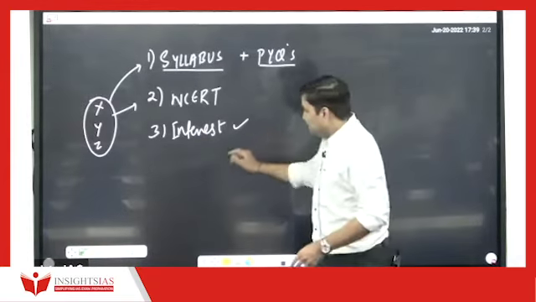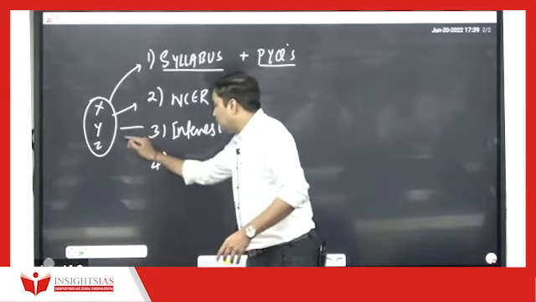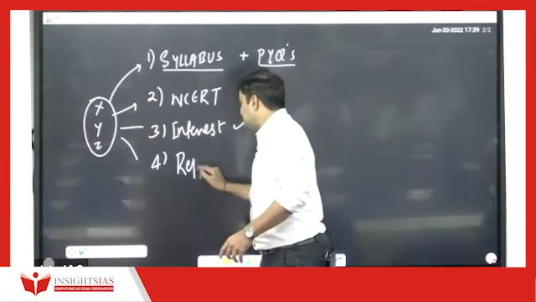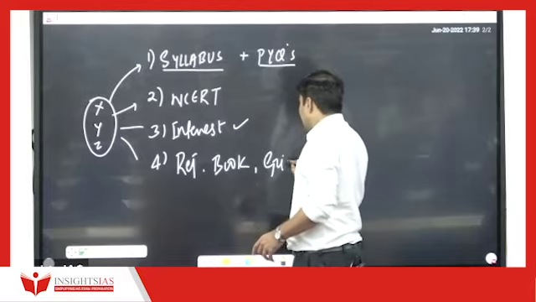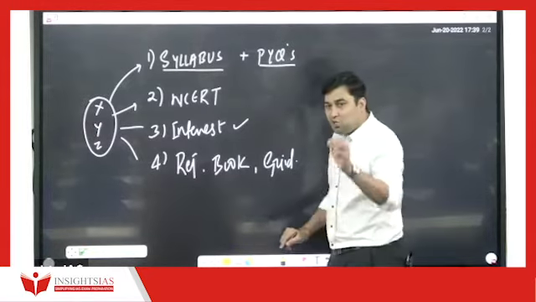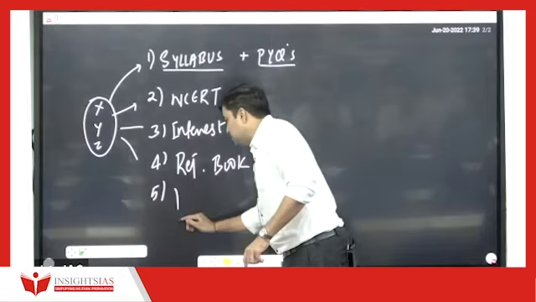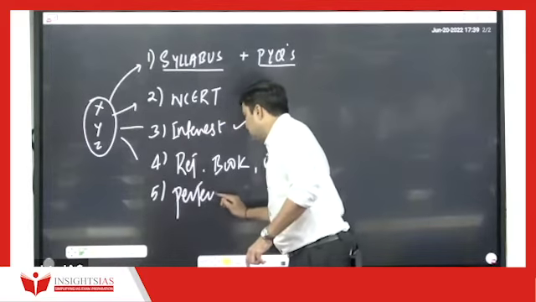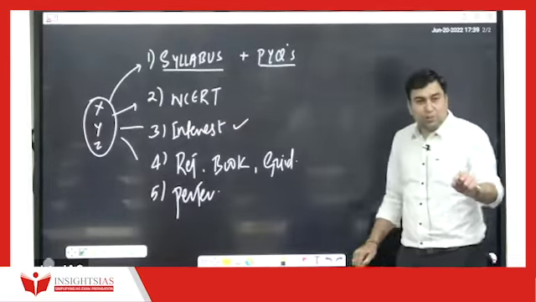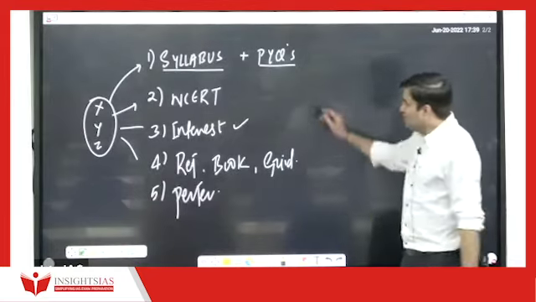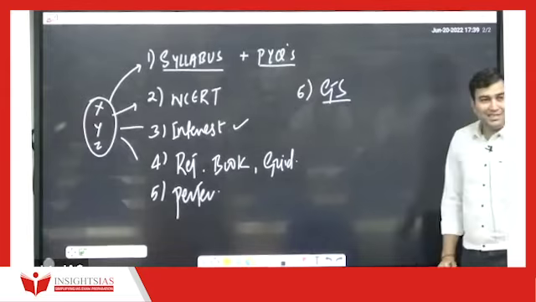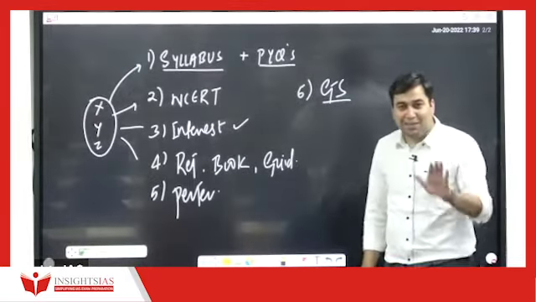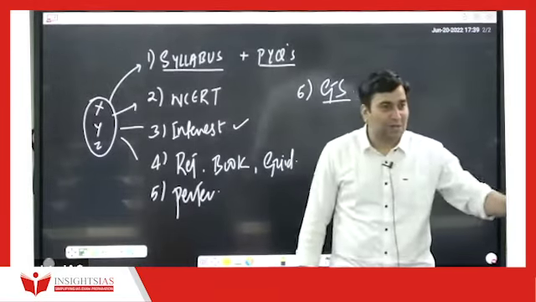If the answer is yes, then you should also look out for the references, the book list, and the guidance. Depending upon this, you also should consider the performance of the optional in the past 4-5 years. Along with it, also its relevance in the general studies paper. These are the 6 main parameters. Depending upon these 6 parameters, you have to choose the optional.